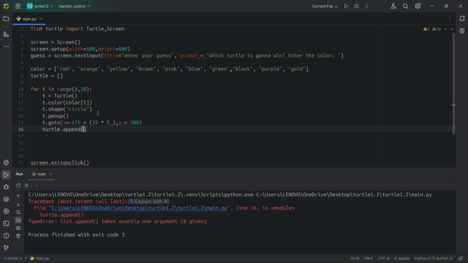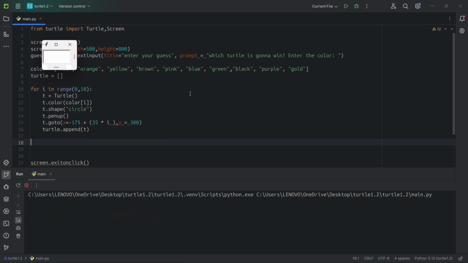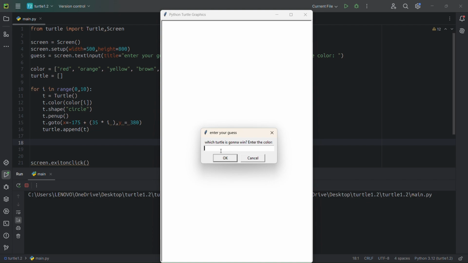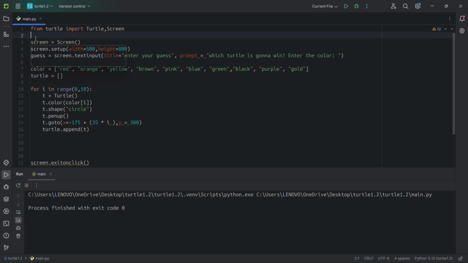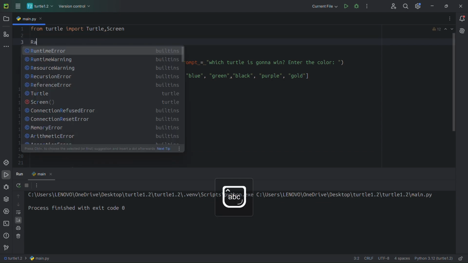With the append function, we have to enter the object that we want to add to the list, which is our turtle. Now let's move to the movement part. We have created the window, the canvas, the racers, and we are able to set them in their places. And now let's move them forward. A variable about the race